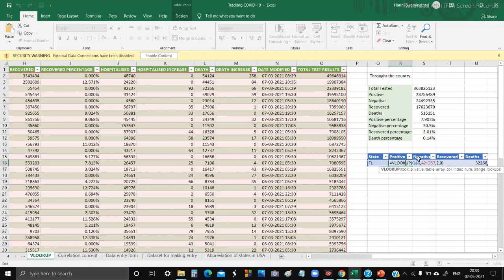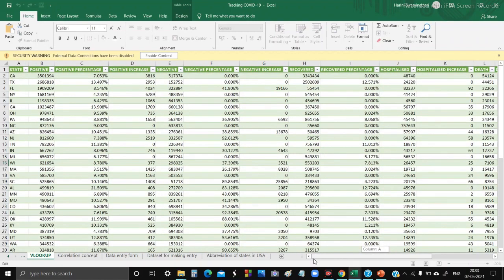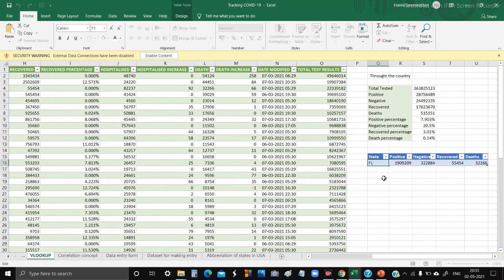For example, in this, we are entering a state name. For example, we are entering PA.